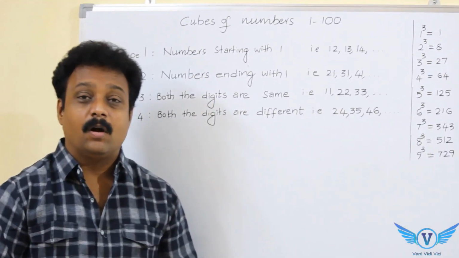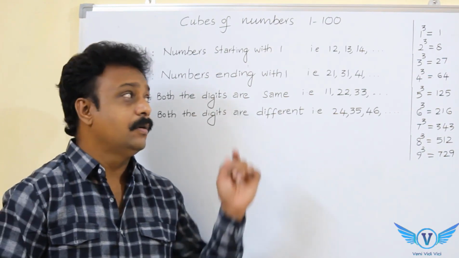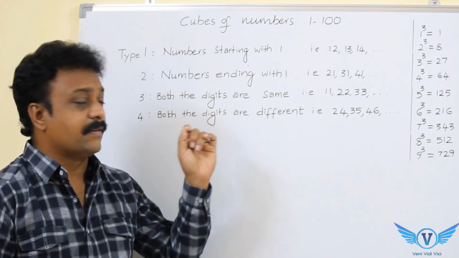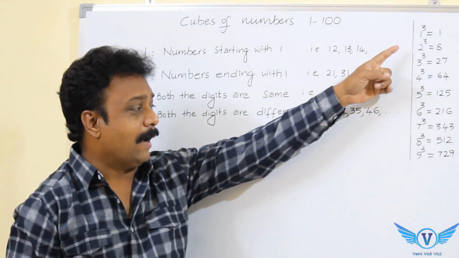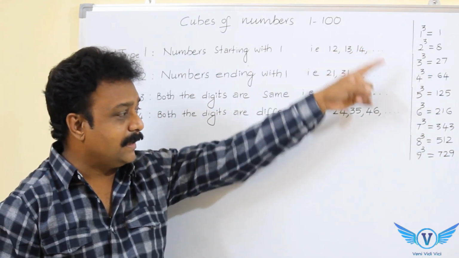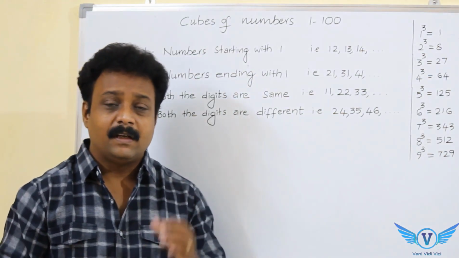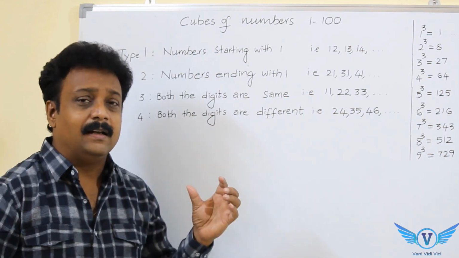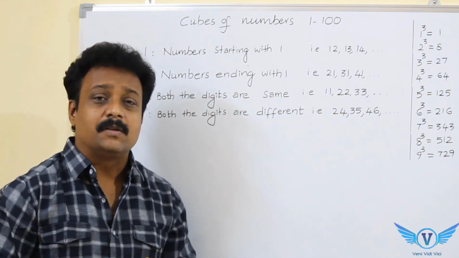In this video, I am going to teach you how to find the cubes of numbers from 1 to 100. To find the cubes of numbers from 1 to 100, the prerequisite is to know the cubes of numbers from 1 to 9. So, you have to remember 1 cube, 2 cube, 3 cube and so on up to 9 cube. If you remember these numbers, you can easily find the cubes of other numbers. If you practice the method which I am going to tell you, it will make you feel that it is very easy to find the cubes of numbers from 1 to 100.